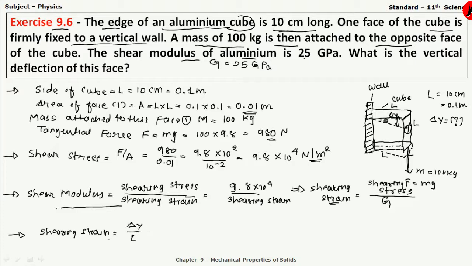So shearing strain is equal to delta y by L. So here we have two equations of shearing strain, equation number 1 and equation number 2, and from these equations we can write,